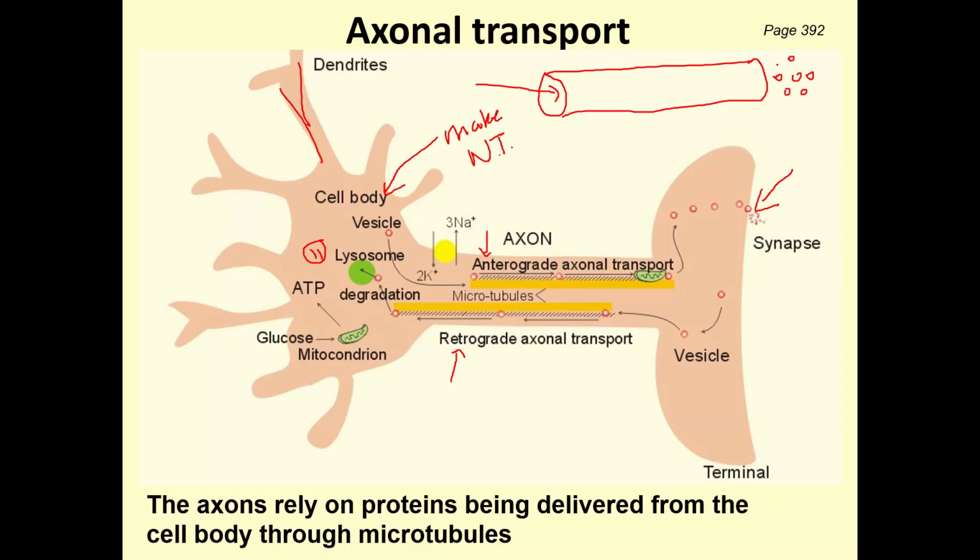It's like when you go to the drive-up ATM or drive-up bank, you put your check and your deposit slip into the little container, and then it gets sucked into the bank on that vacuum tube. It's kind of the same thing with these microtubules. You put your neurotransmitter in one end, they travel down the tube, and then they pop out the other end. Okay, so you're shipping things from the cell body down to the synapse, and when you do that, it's called anterograde axonal transport. So your axon is actually full of these microtubules, tiny tunnels that can carry things from the cell body down to the axon terminal.